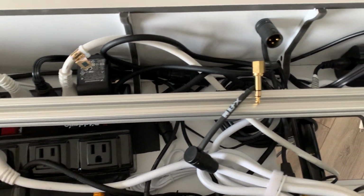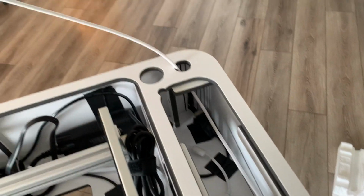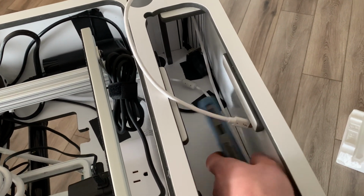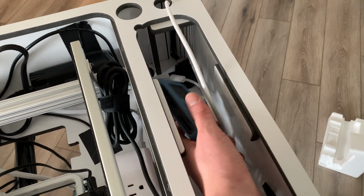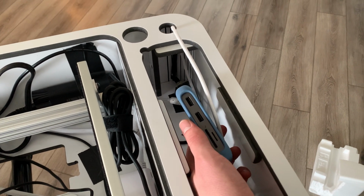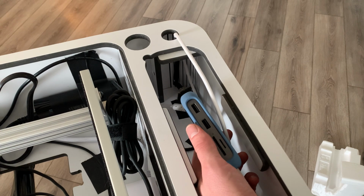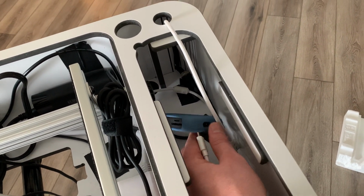I'll let you just see this. And then what I'm doing now, I haven't done this before, but I don't want to have 2 cables going to my laptop, so I'm actually going to use this 100 watt power hub. And this was hard to find, guys. It was hard to find a hub that could push 100 watts of power to my MacBook M1 Pro. What's nice about this one is the cable actually comes undone, because the other hard thing